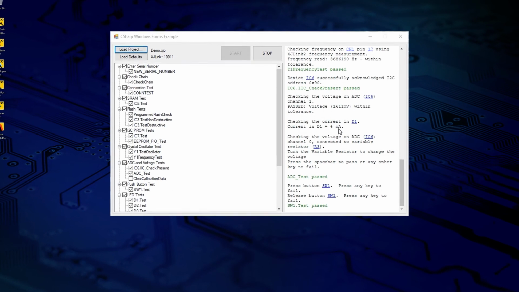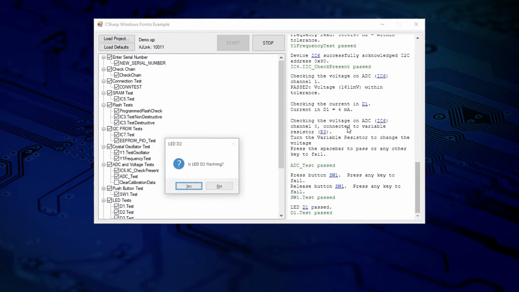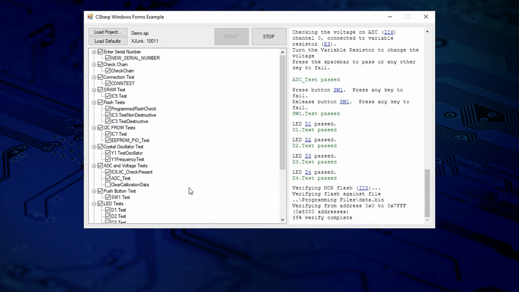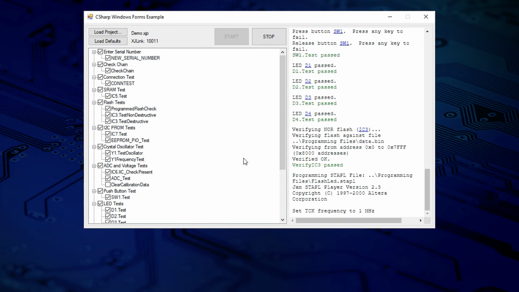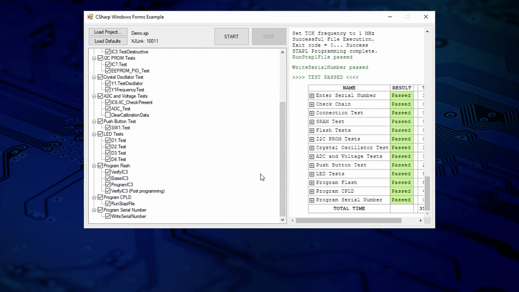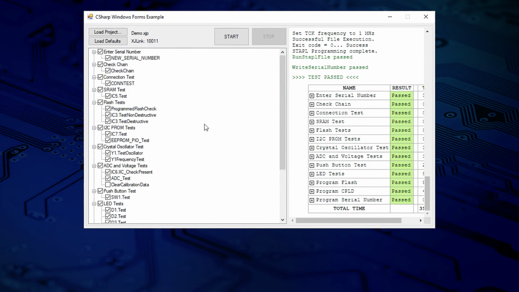One demo file is the Windows Forms example. It includes an implementation of message boxes to display prompts and capture input from an operator, and shows you how to display test output formatted like XJRunner. That file is a useful reference if you need to include user interaction in your code or want advanced formatting.